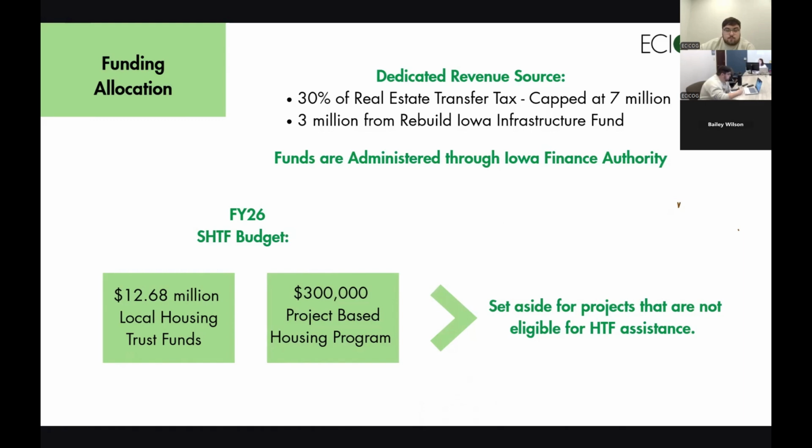This means if you were to contact one of the housing trust funds, for instance, ECI, and you had a project that was requiring $75,000 money from the Housing Trust Fund for each unit that would exceed our per unit cap, we would issue a letter to you and say, we support this project. It's a great project, but it just doesn't fit our housing assistance plan. You could then use that letter to directly apply to Iowa Finance Authority for that project-based housing program. They accept applications there on a rolling basis.